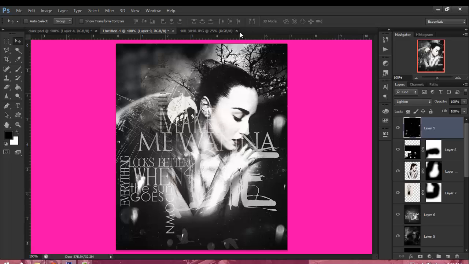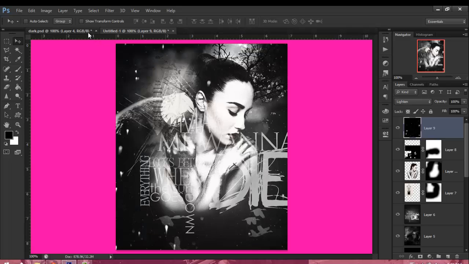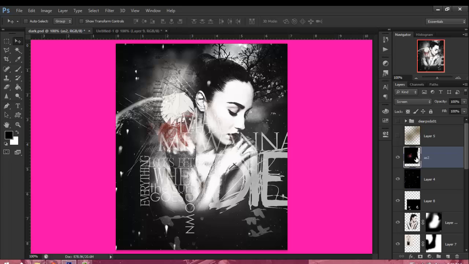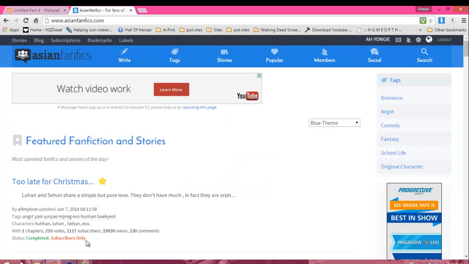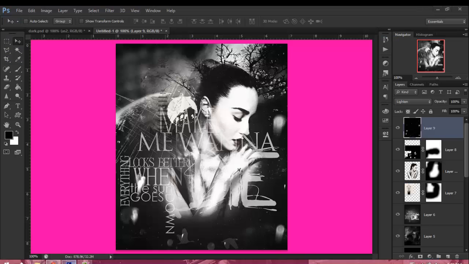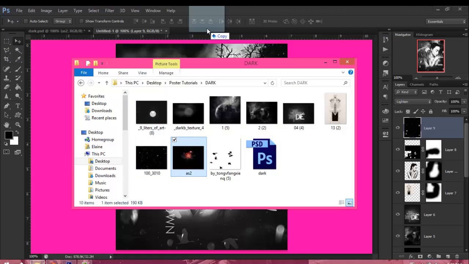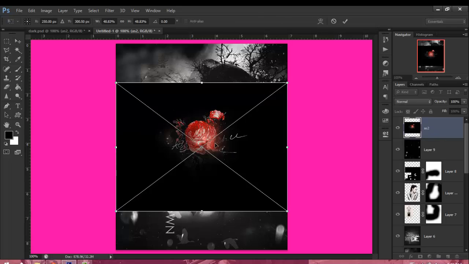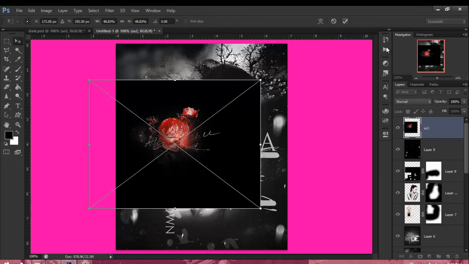And then we're going to grab this rose texture here in our images. Right here, we're going to just drag it on top and let it open where it lays. Drag it to the side and just set that to lighten as well. Just give it some more color right here,